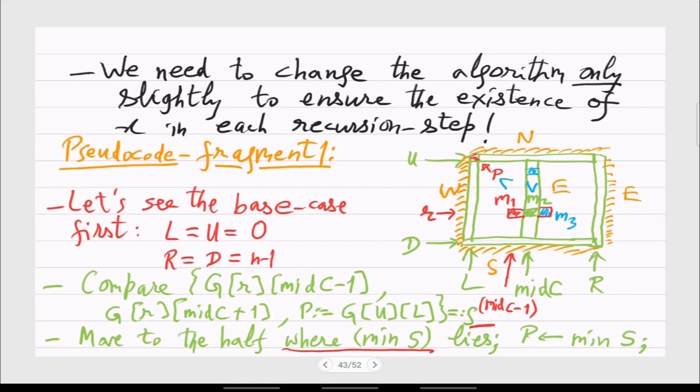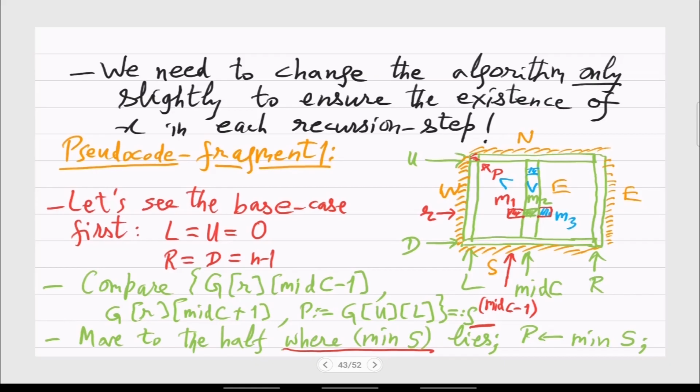There is this point P whose value is smaller than all the elements in the border square, which here is in orange. So in the base case, there is no orange part, there is no element present there. So we can just take the point P to be the top left 0, 0 entry. That's the initialization of P. And then in every round, this will be re-evaluated or changed. It will be updated by whatever is the current certificate of this invariant.